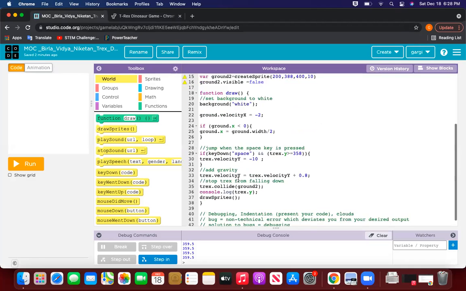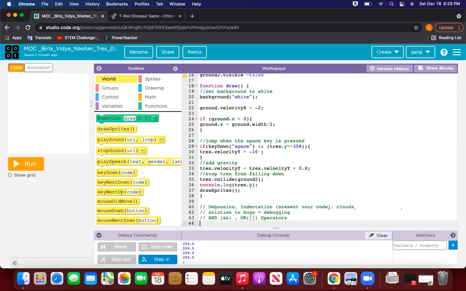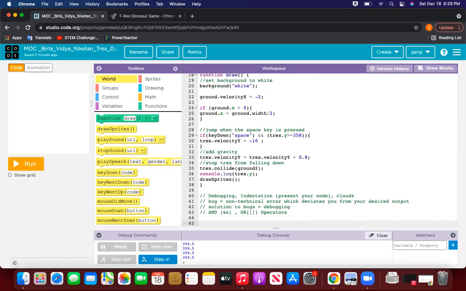Whenever you have more instructions for a single object to create, the best way is to create your own function and then put the entire thing inside that. So this function draw is an inbuilt function. It is inbuilt to this platform. But what I will do is I will create a user function. User means I am the user. I am creating a function for my ease.